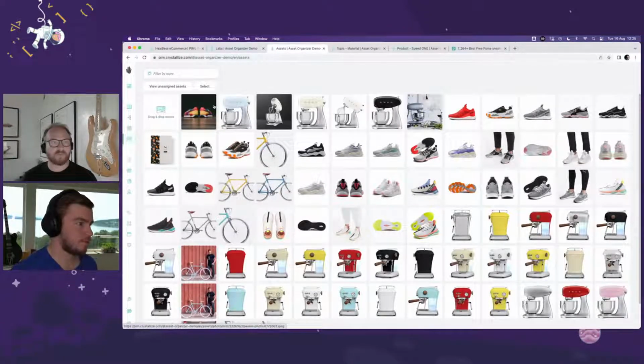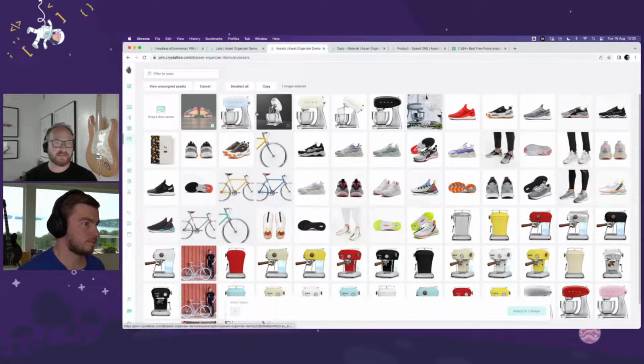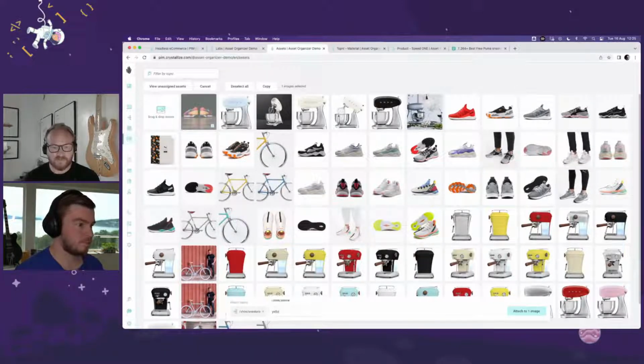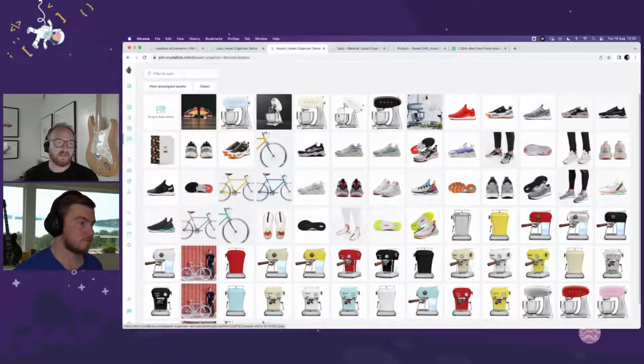Now, the way this works is basically you can select a new asset, and if I would like to add this to sneakers, and I don't know if I would like to have a color there also. There's at least some yellow on it. Maybe there's also some green on this guy, like this,